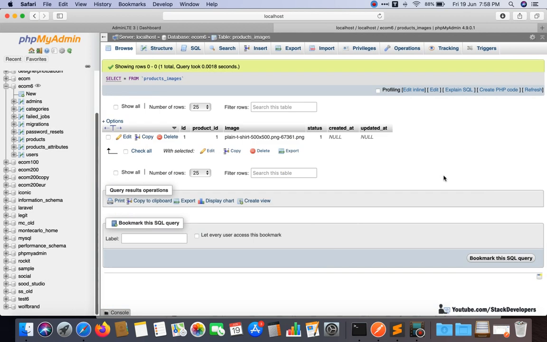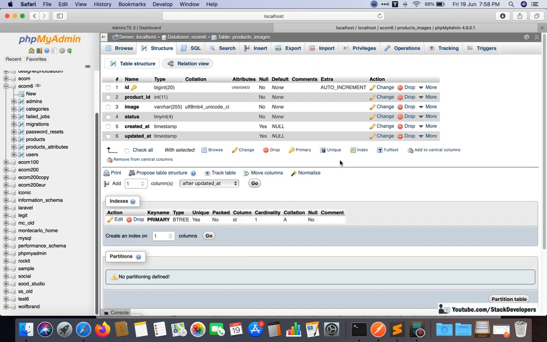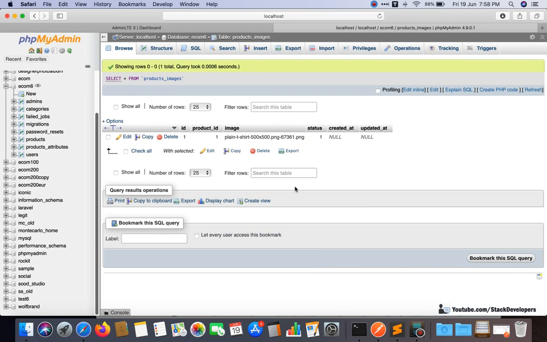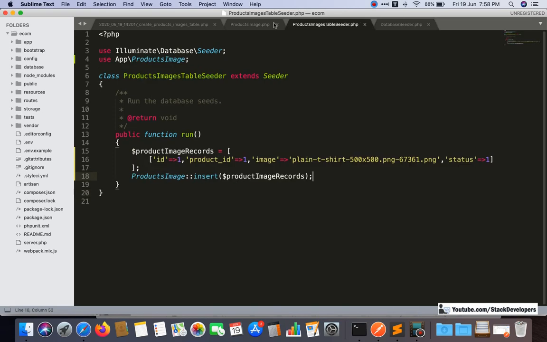See, the entry has come up here. So we were able to insert the data. And see the timestamps from the migration file are null.